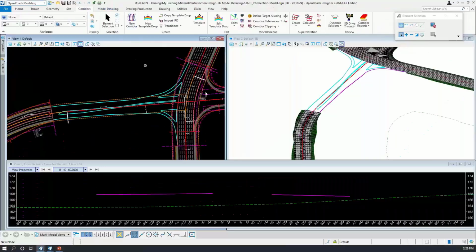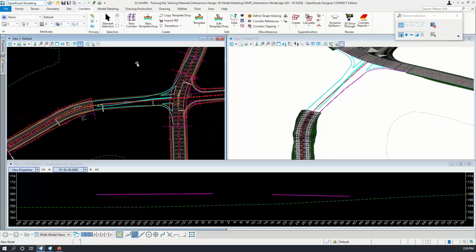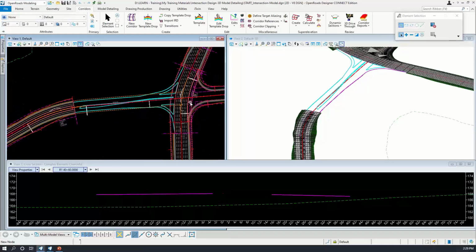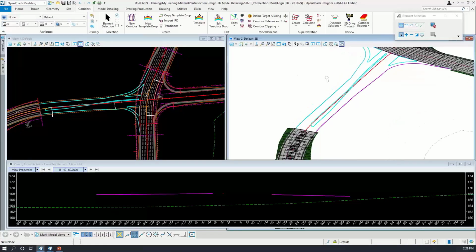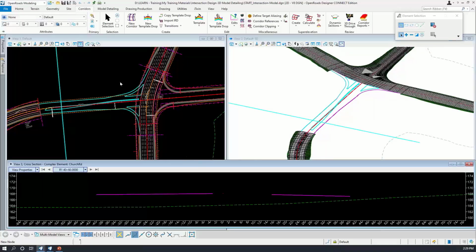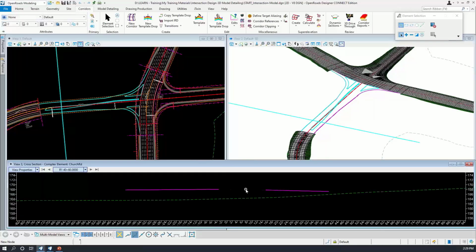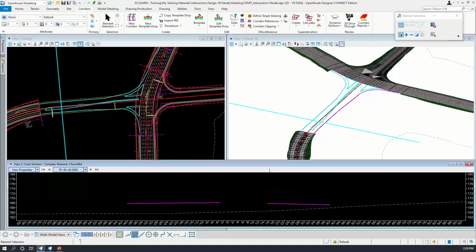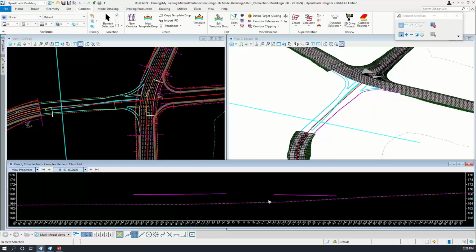Okay, and what you can see right now is a view of the project that I'm going to create. View 1 is basically the 2D view of the interchange, and view number 2 is the 3D view, and then I have here ready the cross-section view of the corridor, so that you can see as I build the corridor, or as I build this intersection, you can also see how the pavements or the intersection is coming